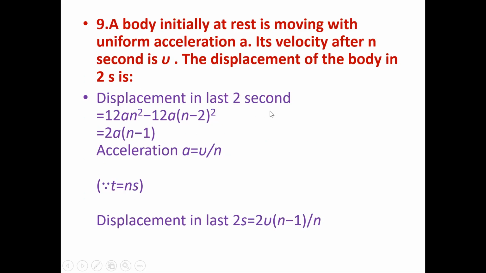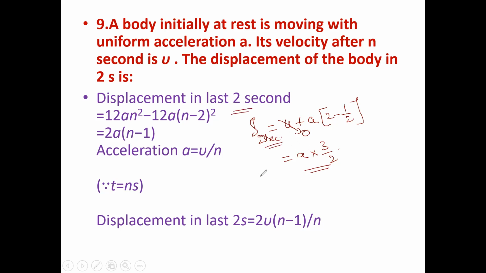You can calculate the displacement in the nth second. Here it is the 2nd second, that is n equal to 2, right? u plus a into (n minus half), so u plus a into (2 minus half). From this you can calculate directly. So u is 0, initial velocity is 0. So a into (2 minus half), that is 3 by 2. So this is how you can calculate, 3a by 2. That is in 2 seconds if you calculate. He said the last 2 seconds.